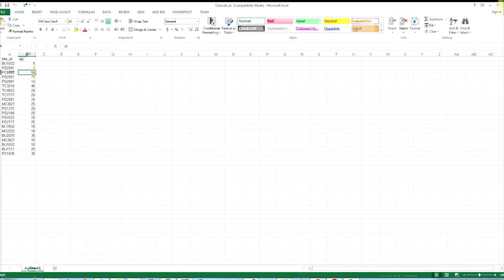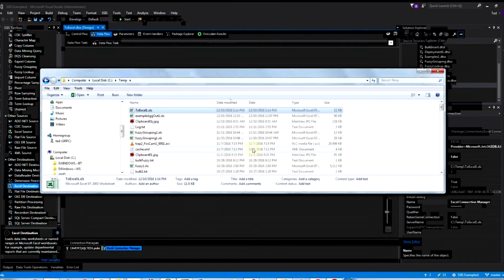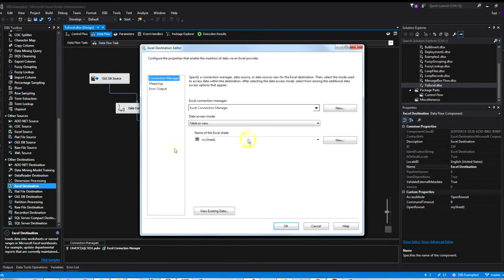The other thing that's really tricky about this is, let's say we go in here and want to modify this. There's no way to modify it. We would have to create a new one. And that's one of the real problems if you select an existing file when you do this connection manager. When you come down here, it's going to want you to select an existing sheet. But then there'll be no way to modify that little table it creates. And the little table will have string values for everything. So unless all your values are strings, that can be a real problem